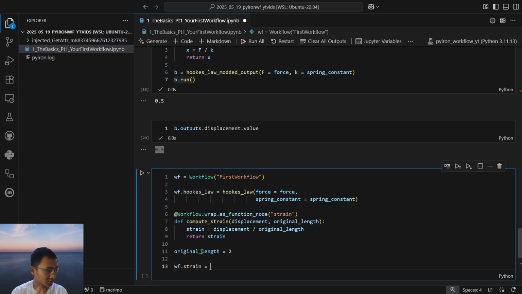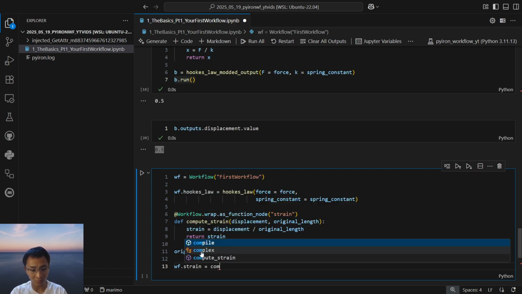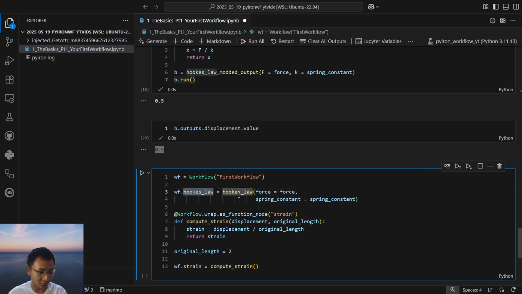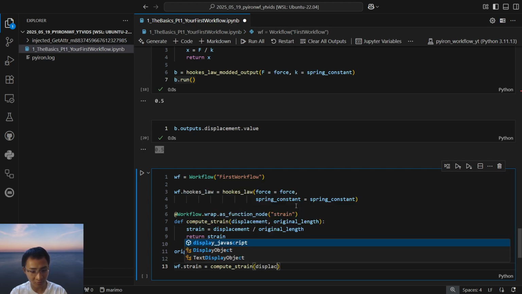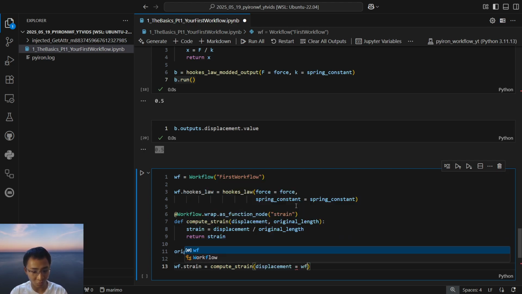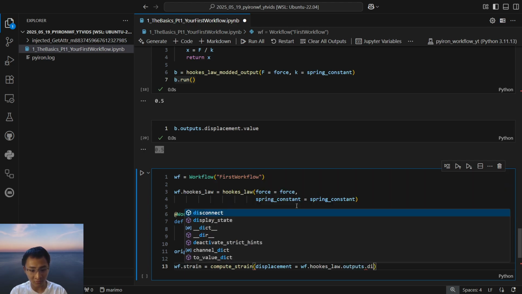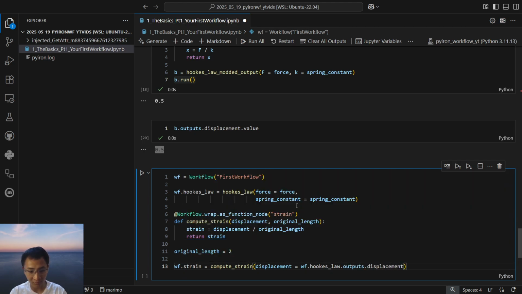And we now assign this strain node to the workflow. So compute strain, and to basically assign the output of this first Hooke's law node to the displacement, we simply go workflow.Hooke's law.outputs.displacement. Okay,